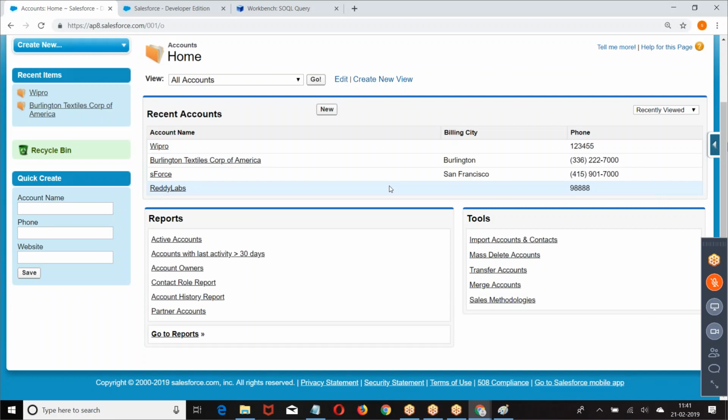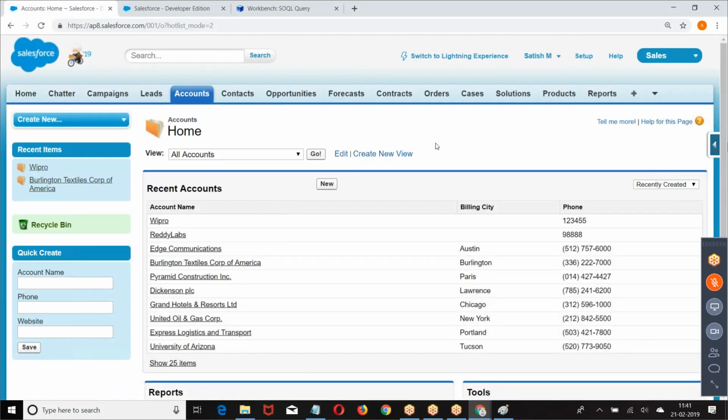When I click on a tab, every object will display the recently viewed 4 or 5 records. Here we are supposed to apply some external conditions for it. Are you getting my point here? Here they are giving recently modified. Now I want to get recently created records, then we need to apply our own condition for it.